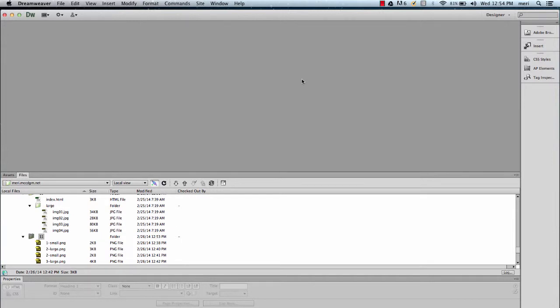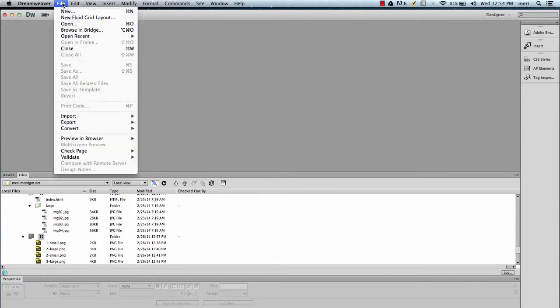In this sample, I'm going to show you how to create a layout using div tags without actually having to go into the template. So if you want to do something that's different. I'm going to start by creating a new file, and this is for Lab 11, so it's going to be File, New,